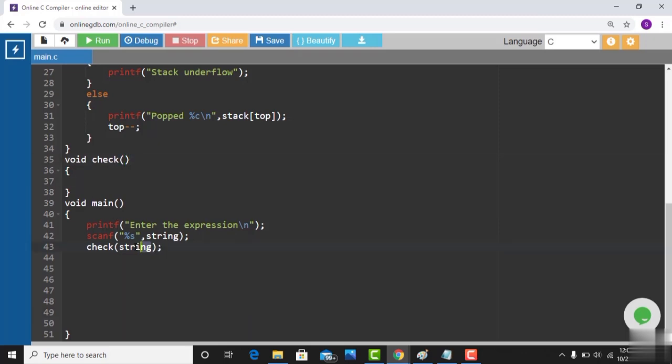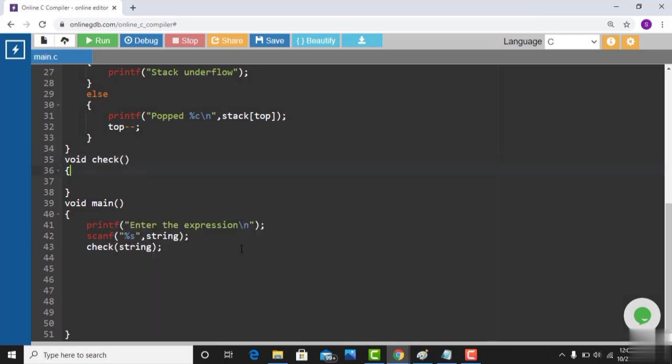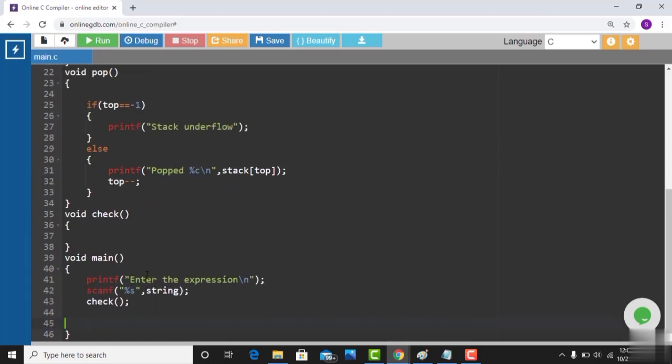You don't need to pass the string, because you've already declared that, so there is no need to pass the string. Let me just call the function. Super. And so what I'm gonna basically do here is I'm just gonna